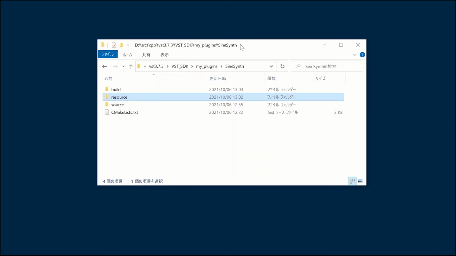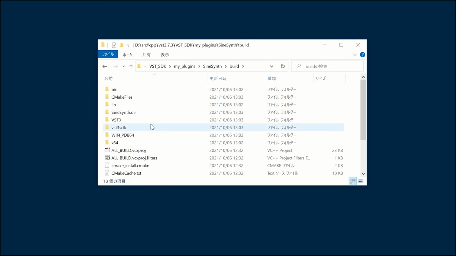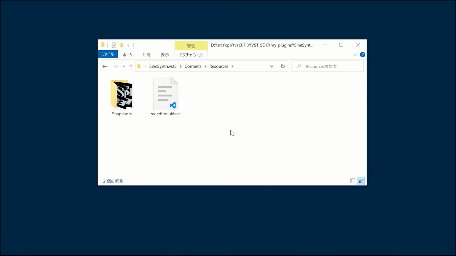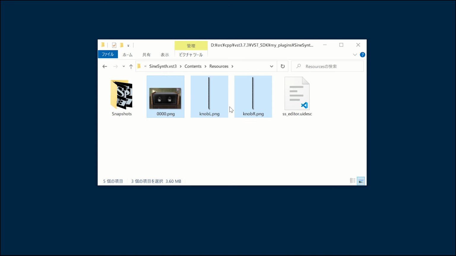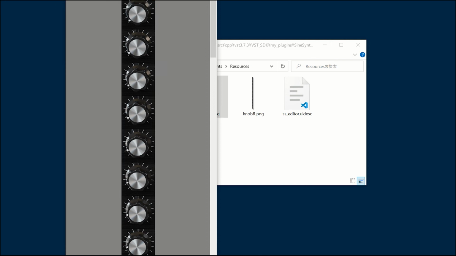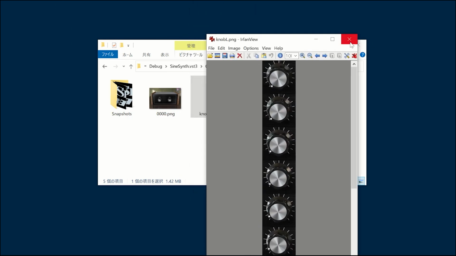If you have your own GUI parts image, copy it to the resources folder. My other video explains how to create your own GUI parts image.